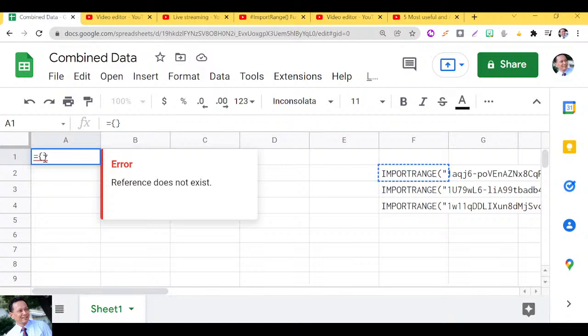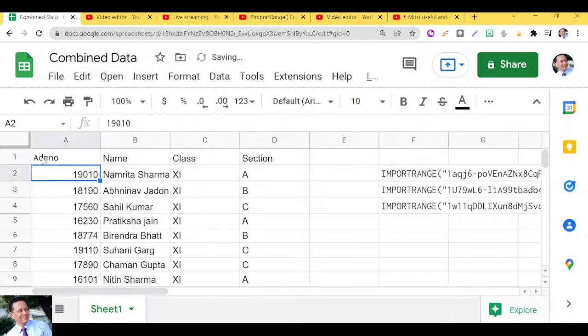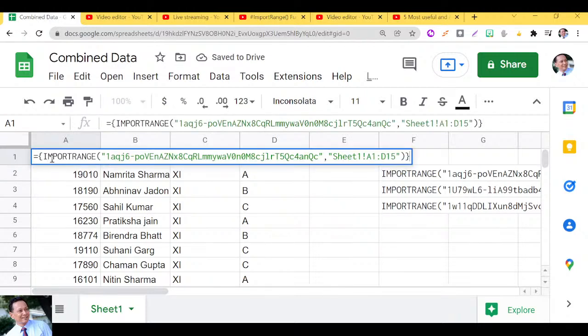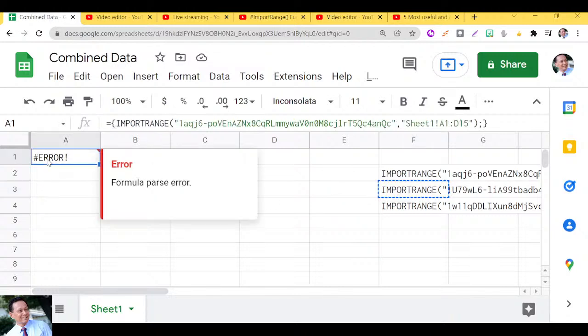Double click it and put the copied statement here like this, and now see, if you press enter, the first sheet will appear here like this. See here, and again double click it and put the semicolon, since we need to paste the second statement here. Put the semicolon and copy the second one. Since the error is here, double click, no issue,